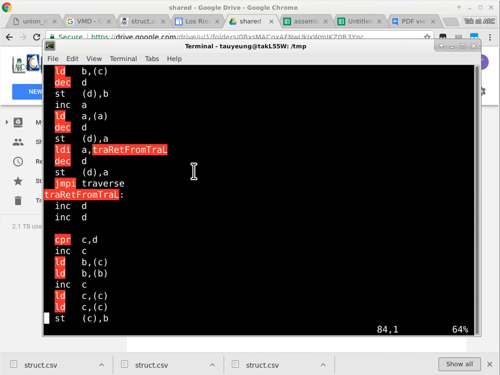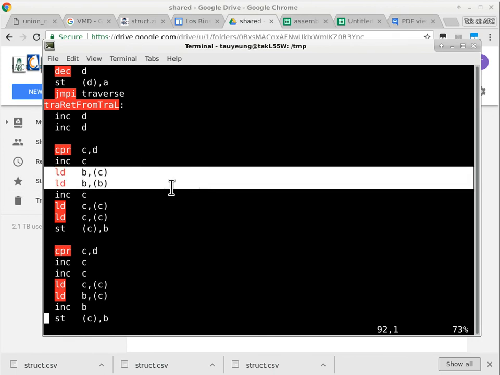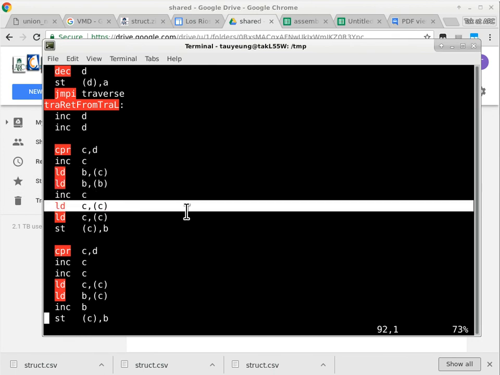So let's move down and see what else is here. When we see sequences of dereferencing, such as this or this, then you